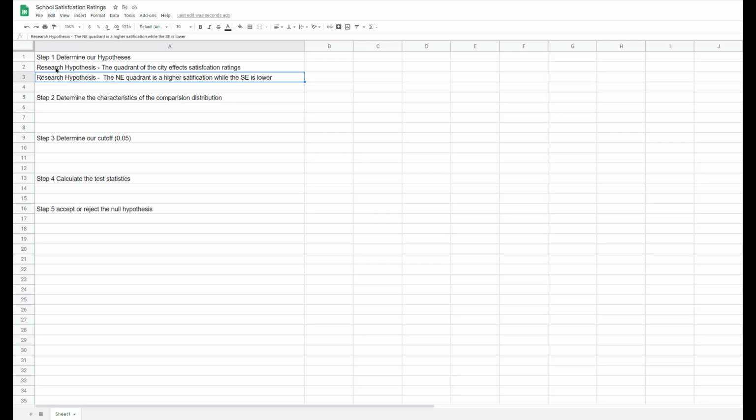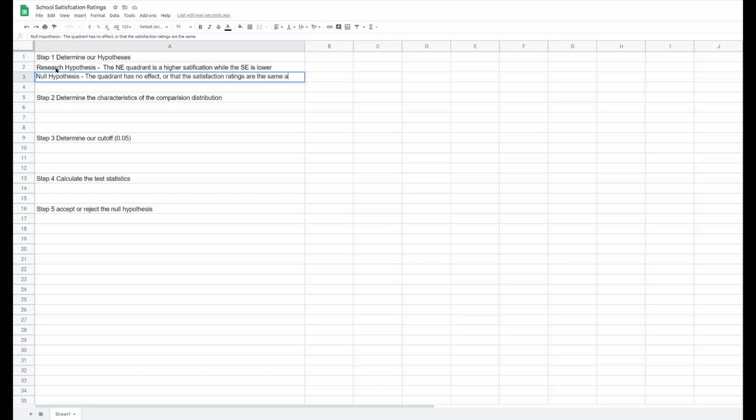In this case, we can use either one because I wasn't very clear. In a test or exam situation, I will make it clear in the description of the research which you should be picking. We can choose either one. Let's go with the one-tail for now. We also need a null hypothesis, which says that the quadrant has no effect,